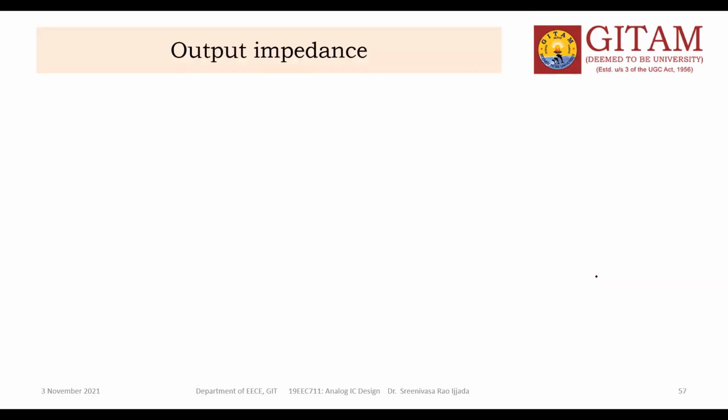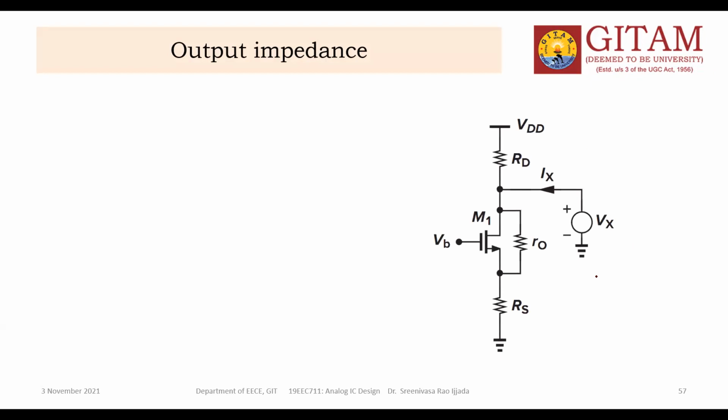Input is over, now the output impedance. This is the way of calculating the output impedance. Where is the load? The load is at the drain. So I am going back, with the load of R. Now I want to find the resistance here. The load is at the drain terminal, in between the drain and gate, so I want to look into that.